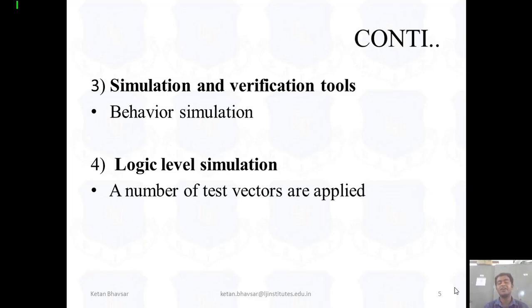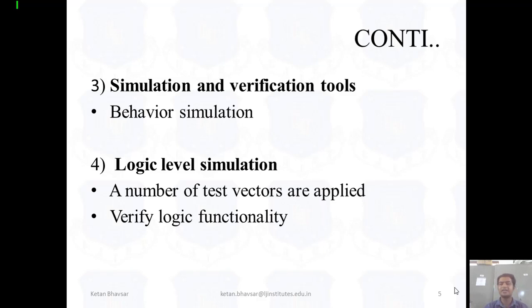It's called verification or a test bench. A test bench plays a main role when we are dealing with high configuration data or multiple inputs at a time, because a number of companies in India do not allow manual simulation or manual verification. They all allow automatic verification, and automatic verification is possible only with the help of test bench vectors.